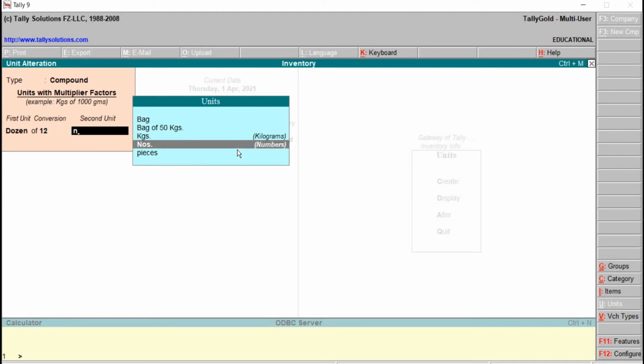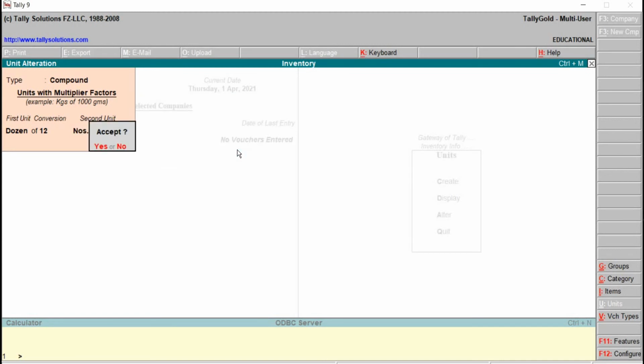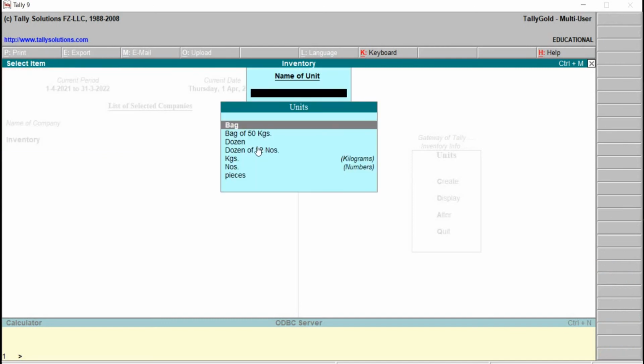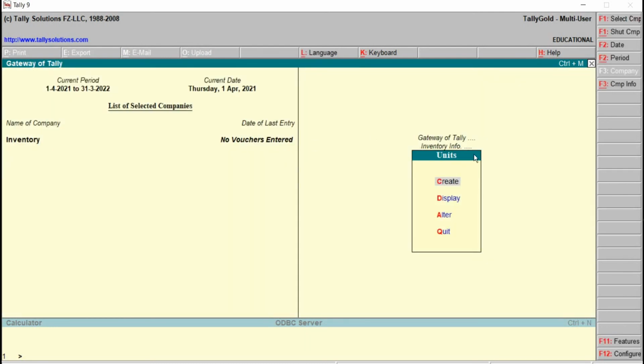Instead of pieces, we are taking here numbers. Accept? Press Y from the keyboard. Earlier it was pieces, right now it has come down with numbers. The same way we will come back to the menu. Back to the units menu.